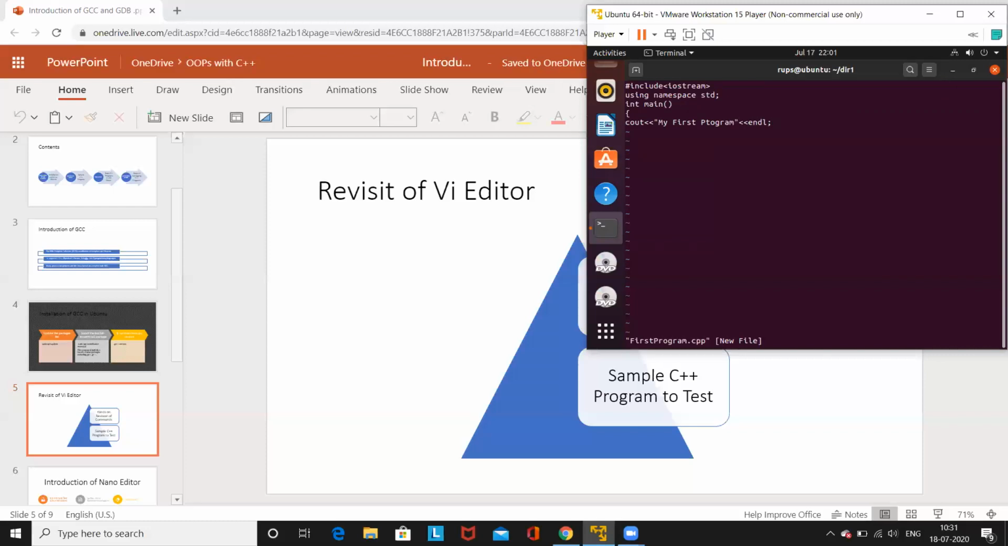endl is for ending a line. Ending a line means now our cursor will move to the new line. So endl you can use for ending a line. So cout is the object here, and